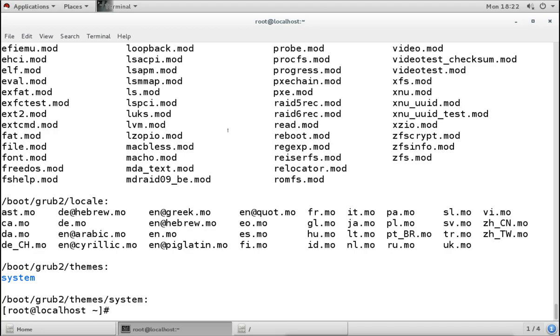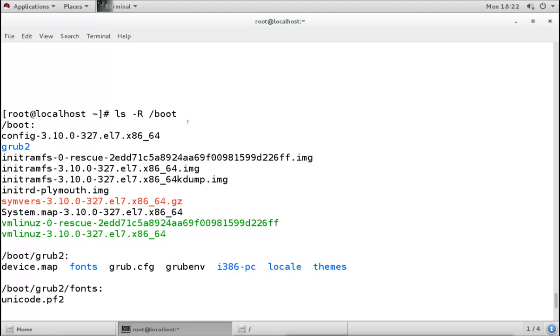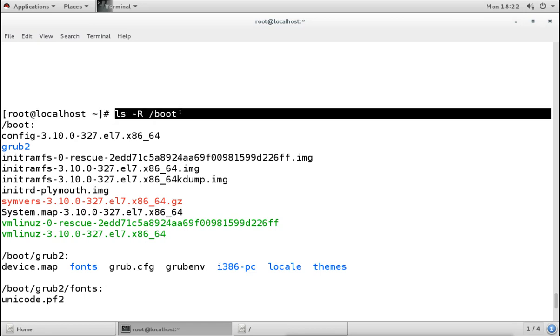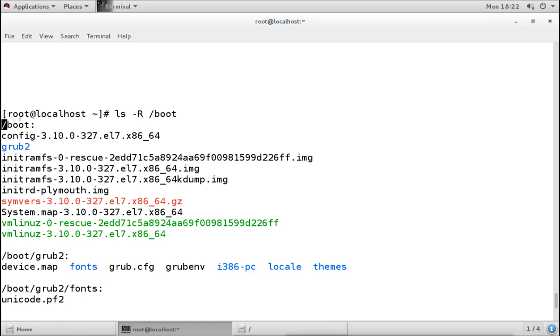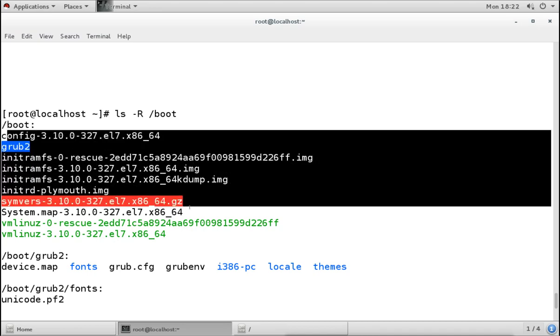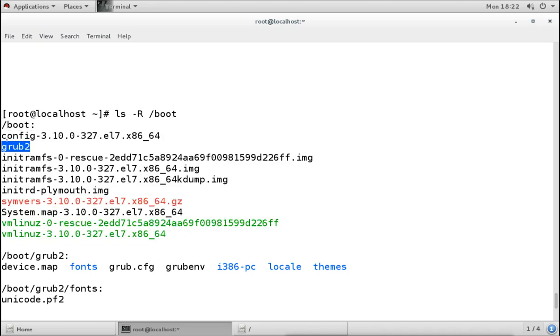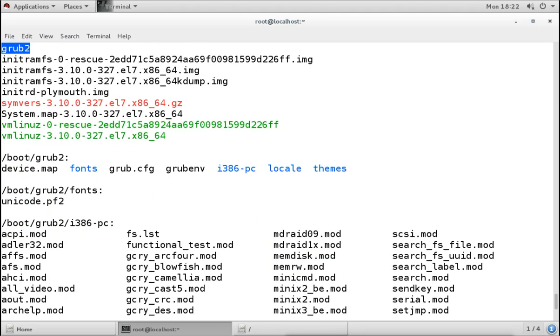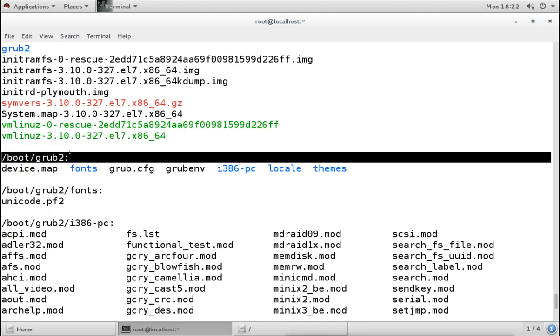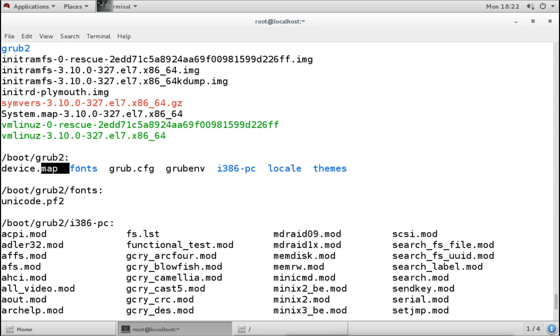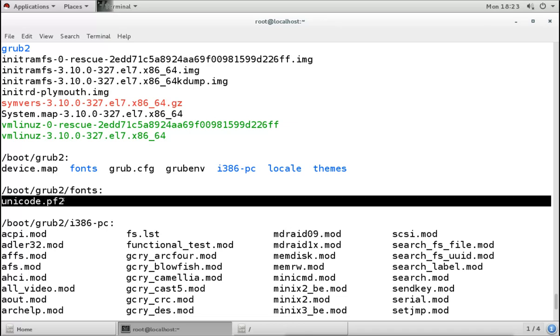So what it is doing here: first, when I use the command, it listed the parent directory, the root directory first, and it shows that this directory contains these files and this directory. Now it opens that directory, and it says that these files are there and these directories are there. Now it opens this phone directory, and under the phone directory we have only one file, there is no directory here. So this thing is finished here.